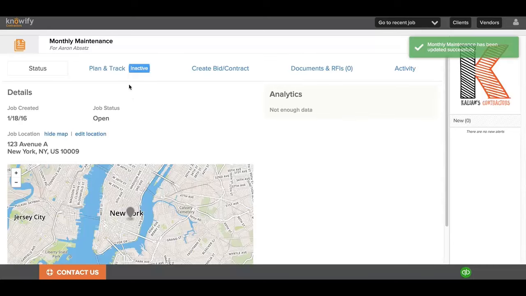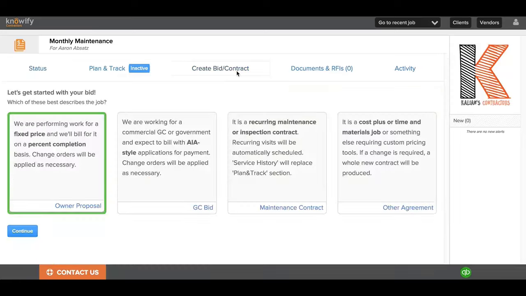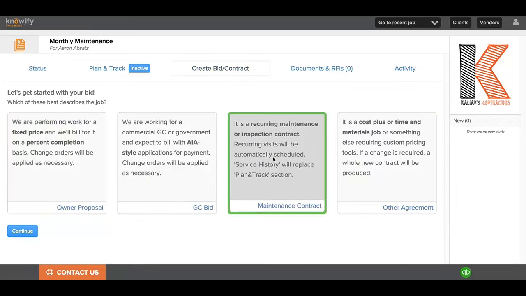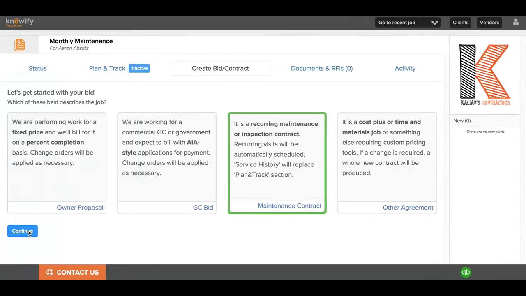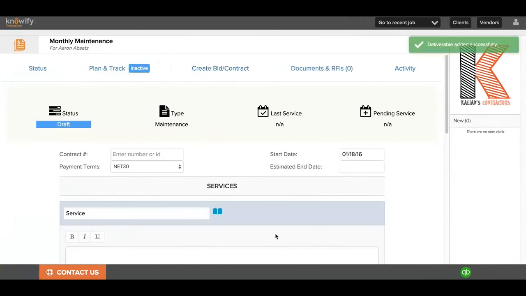Generally, when we start a job, we create a project plan and plan and track. But with our maintenance contracts, we'll go right to Create Bid/Contract and choose Maintenance Contract. This will need to be enabled in our admin section by going to Customize and enabling Dispatcher. When we hit Continue, it will bring us to the basic contract creation screen where we will put in a